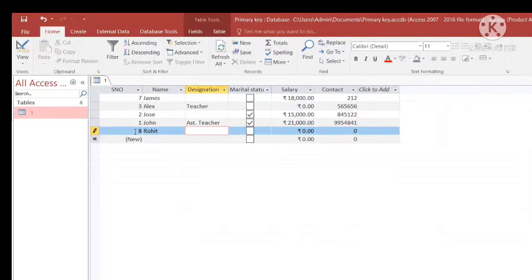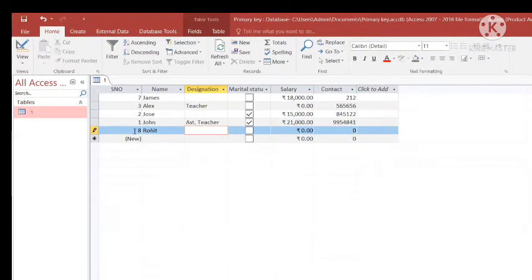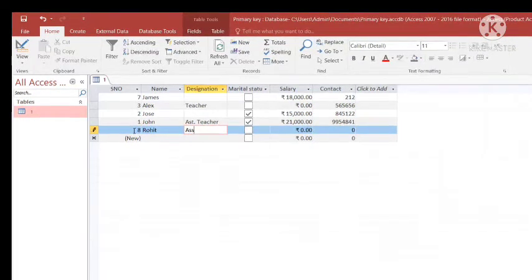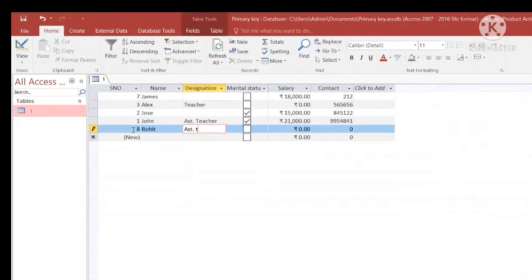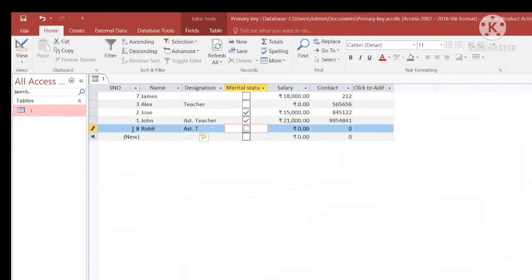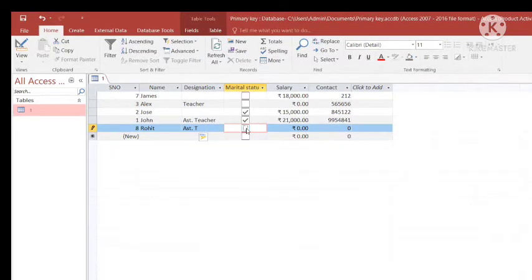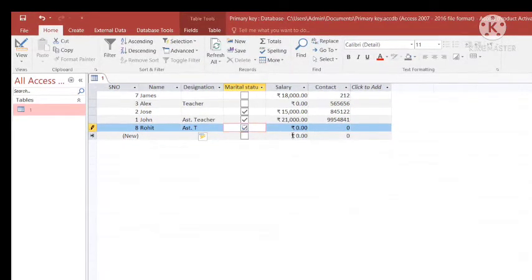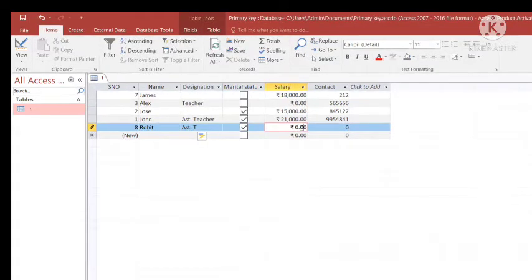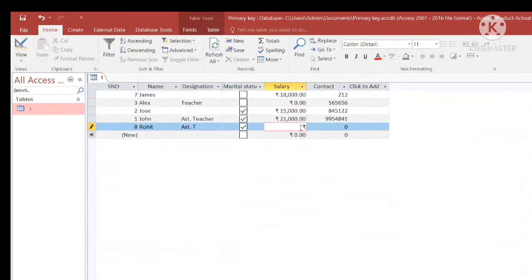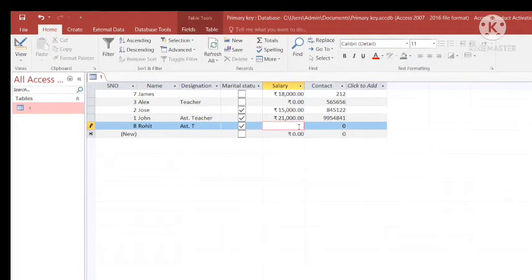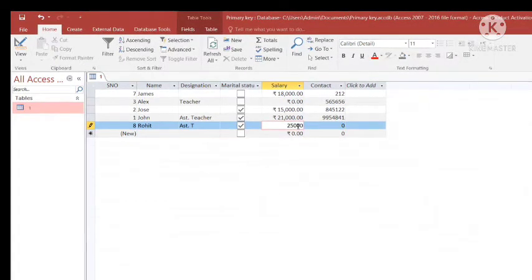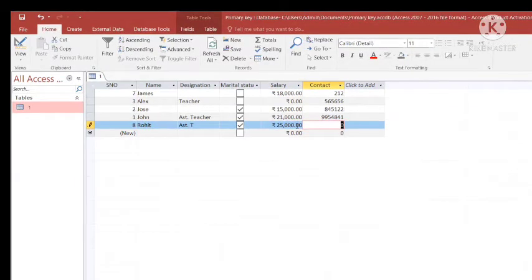He is also a teacher, assistant teacher. Next we go to the marital status. Salary also we put. How much shall we give? We should put 25,000 because it is not from our pocket.